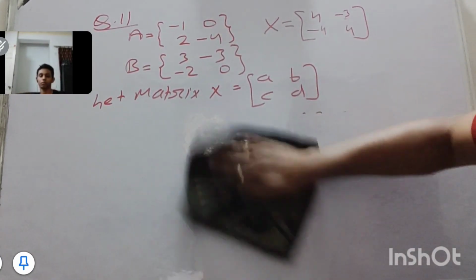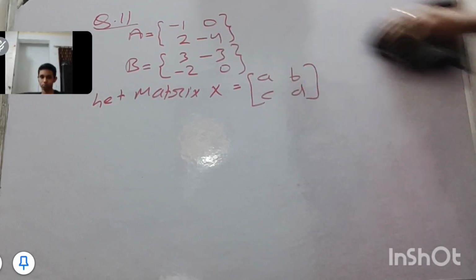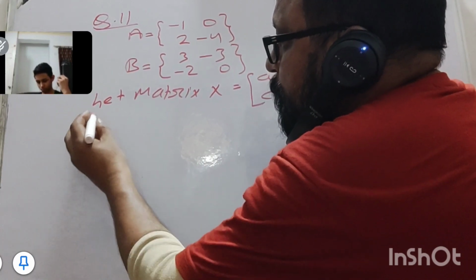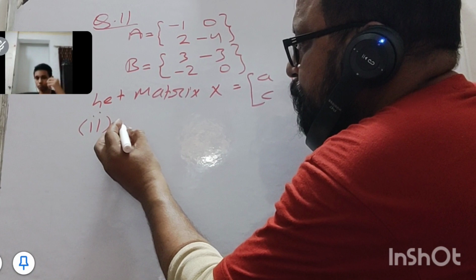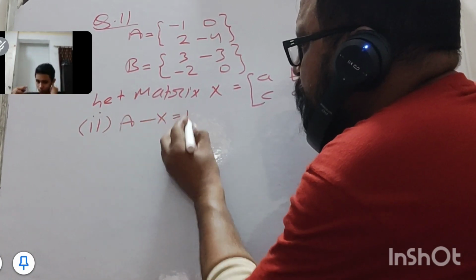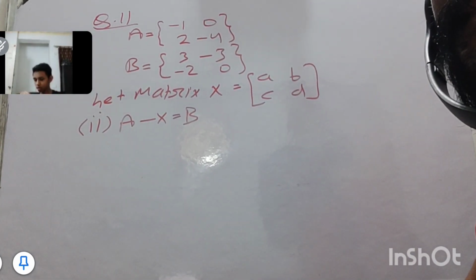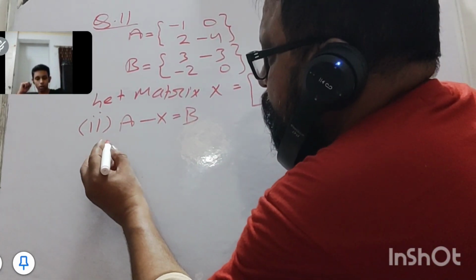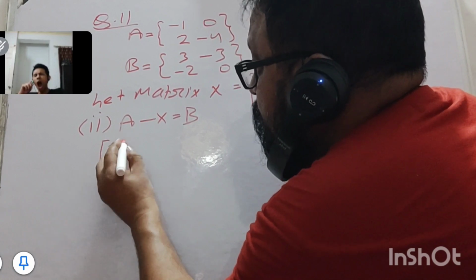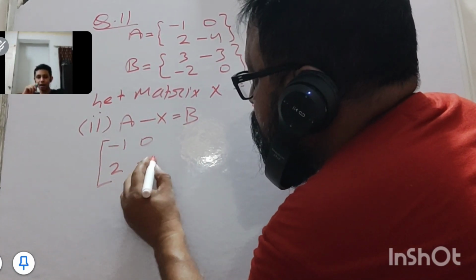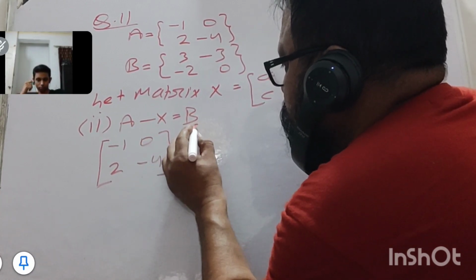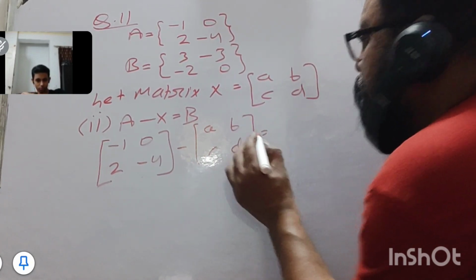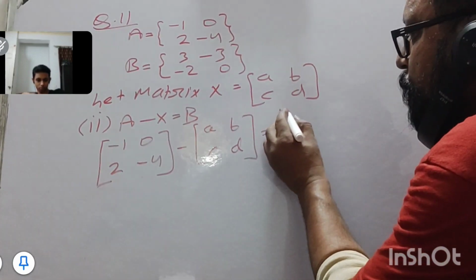Now we have to solve the second part of question number 11, that is A minus X is equal to B. Matrix A is [-1, 0; 2, -4], minus matrix X, that is [a, b; c, d], and matrix B is